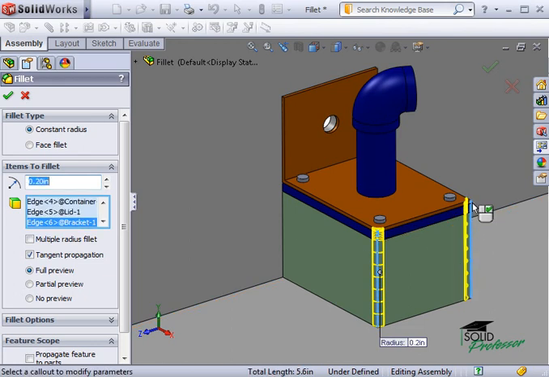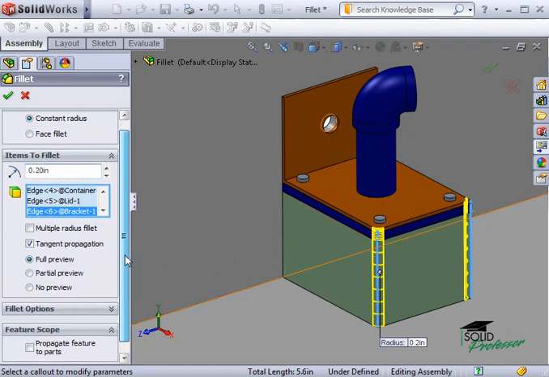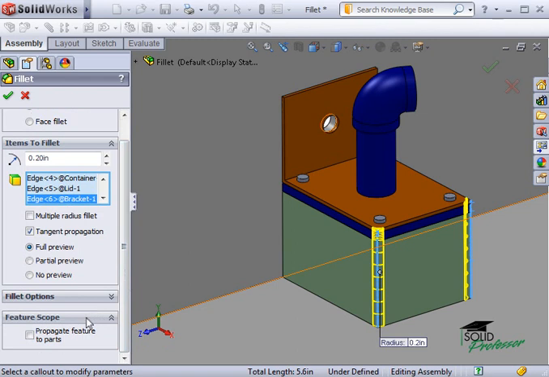Before I click the green check to finish up, there's one more option I'd like to go over. At the bottom of the Property Manager, under the Feature Scope section, I have the option to propagate feature to parts. This will add the new fillet feature to the part files. I'll leave this checkbox clear, since I only want to affect these instances of the parts and not the actual part files. Once the preview looks the way you'd like, and with the rest of the properties set, just click